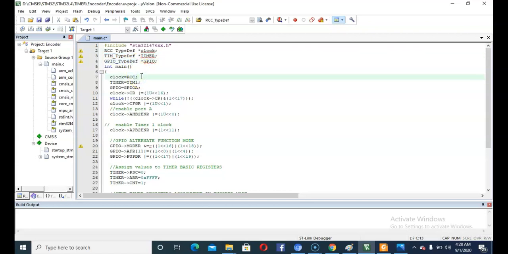After that you will assign those pointers their respective addresses, and after that you will initialize the clock, and then you will select the prescaler.